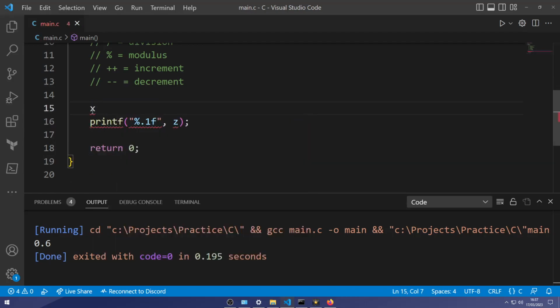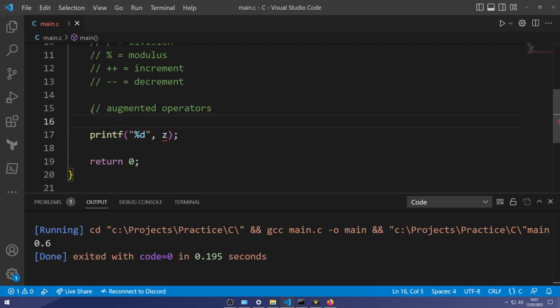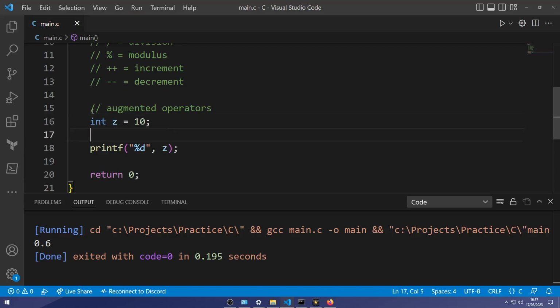Now let's talk about augmented operators. So augmented assigned operators are used to replace a statement where an operator takes a variable as one of its arguments and then assigns the result back to the same variable. Basically, what that means is it's just a shortcut to do math for people who are lazy. And you don't have to be lazy to do this, but it could be fun, it could be effective. Sometimes it's the best way of doing things.